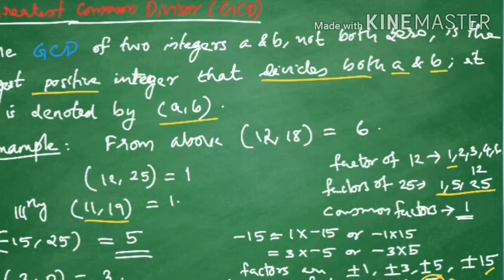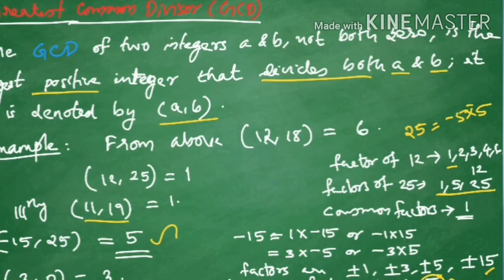You may also think that 25 can be written as minus 5 into minus 5, so minus 5 is also a common divisor. That is okay, but when we consider the GCD, the definition itself says that the GCD is a positive integer and the largest one. Even if we take minus 5 in the common factors list, it is not the largest one. The largest one is 5, and the GCD can't be negative. So the answer is 5.